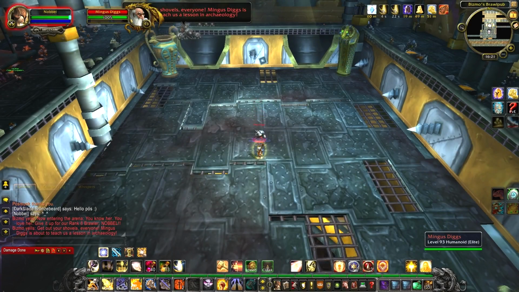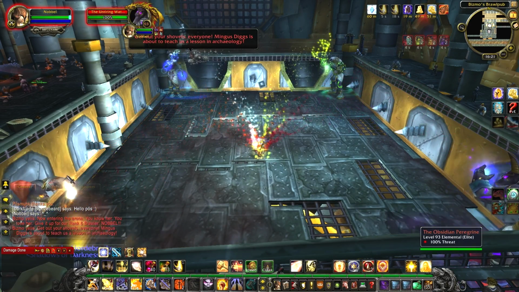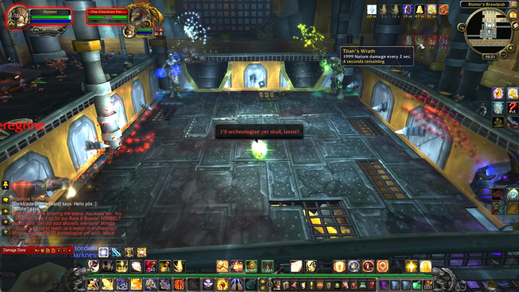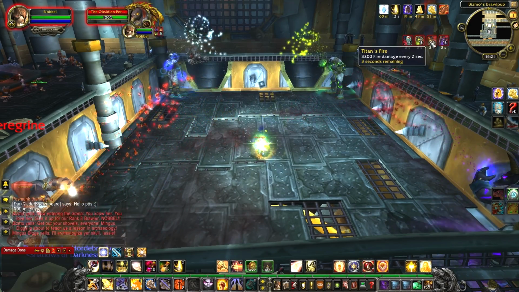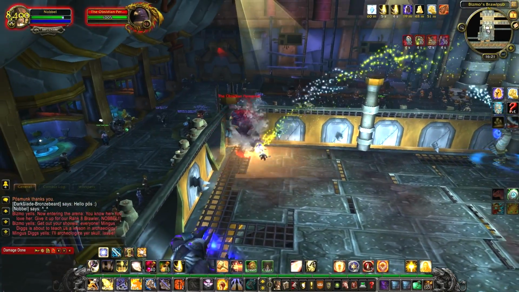Mingus Diggs is the only fight that I haven't been able to finish yet. What happens is that 4 statues spawn in each corner of the arena and Mingus is immune to all damage until the statues are destroyed. The statues will constantly cast a stackable dot on you. You can make them stop by standing close, this will force them to hide and this will allow you to